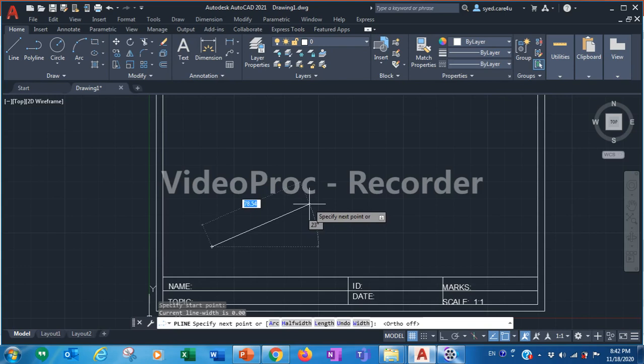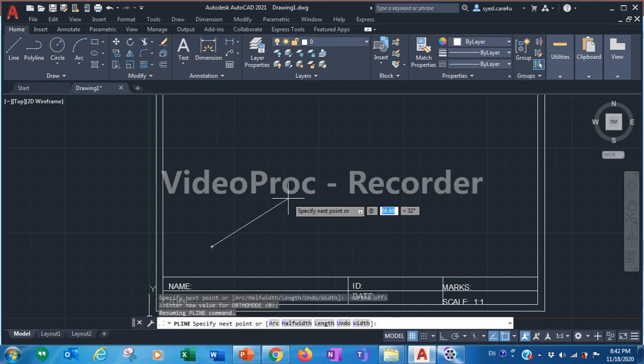So what is the length of the first line? In order to draw the length, I have to type shift number 2, and you will get the @ symbol. And what is the length? Type 65.5.